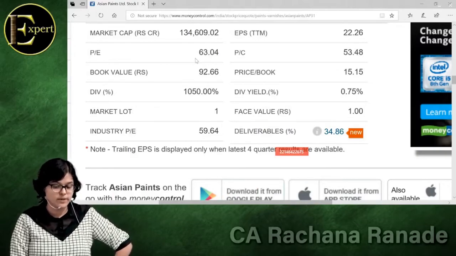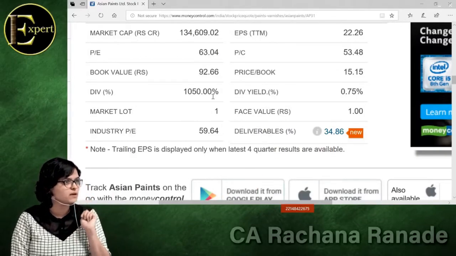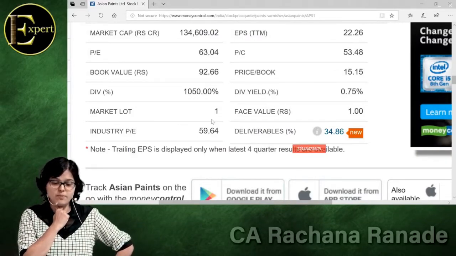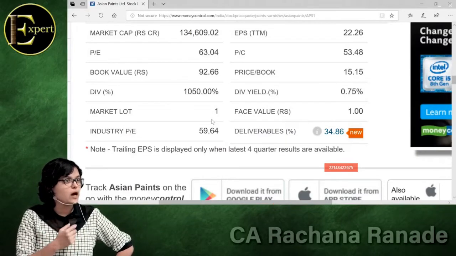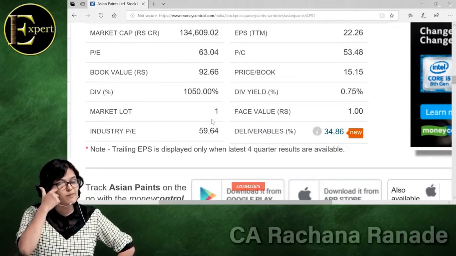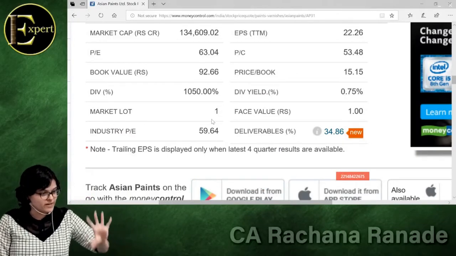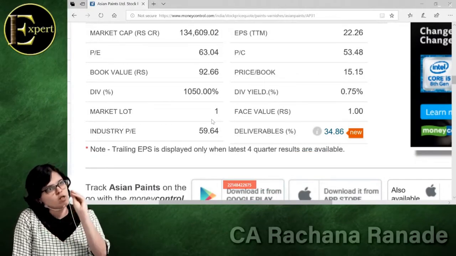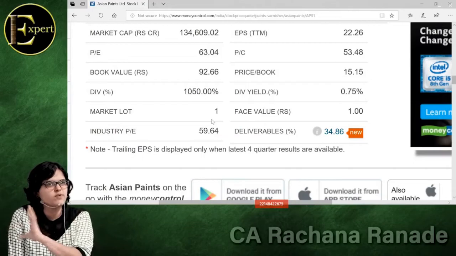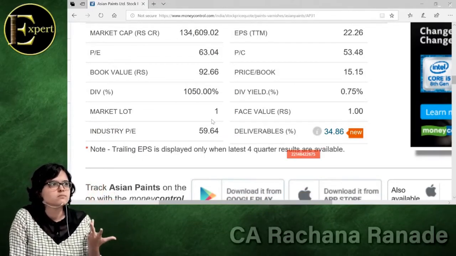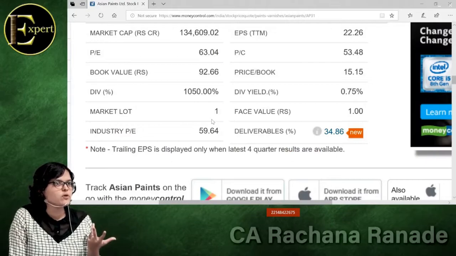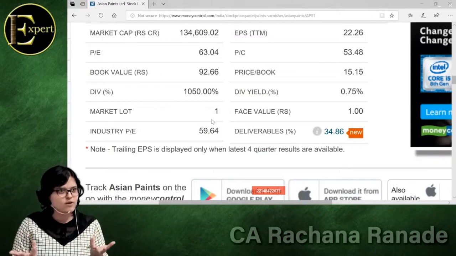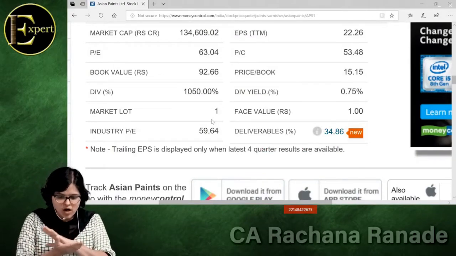Now let us understand what could be the meaning. Can I say it is definitely expensive as compared to the industry? Yes. Now the question is, why is it expensive? It might be performing very well. Why are you ready to pay more for an iPhone as compared to any other mobile? You will pay 70,000 for an iPhone, but you will pay only 50,000 for a very similar phone which has all the features. You ask that person buying an iPhone, what is new in it? It is iPhone. He'll not know any features of that also.